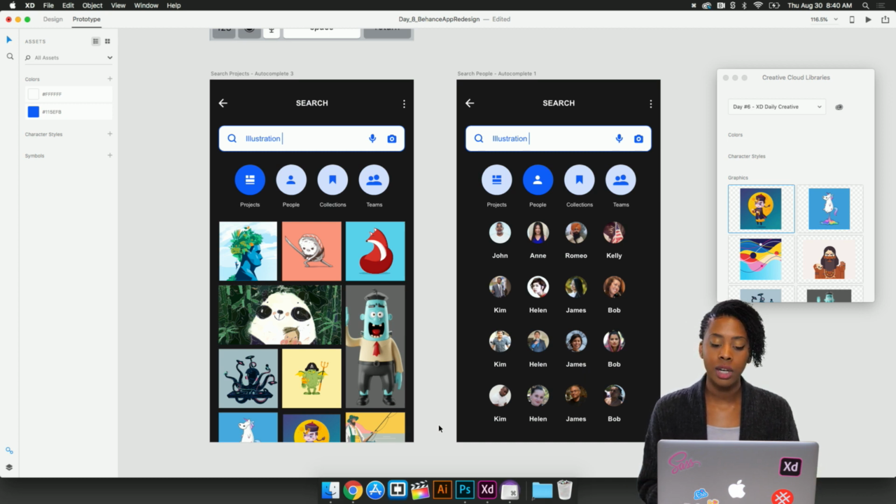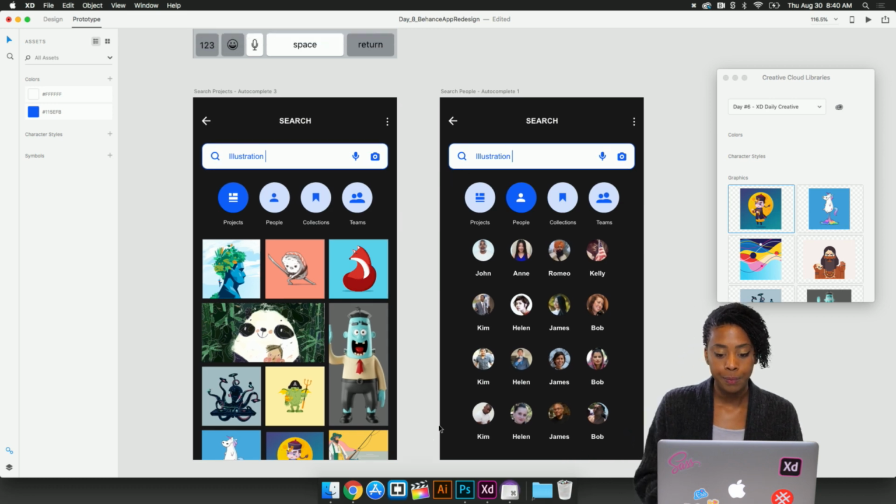And we don't want that. We want the experience to be easy and smooth and fast. So because the developers told us that it's gonna slow down our experience, we need to think of a different way that we can display search results while also improving the current search results experience.